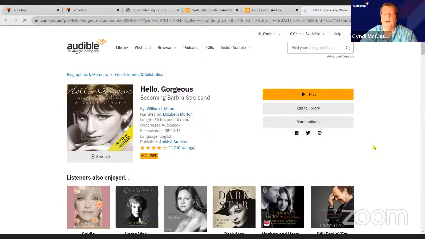Now, I can start listening to it right here on the computer. And if I want to do that, I just click right here. Let me give you a little bit of how they start off. There are different people that read all of these books. A lot of people follow certain narrators. They like the way these certain people read, their reading style, and so they'll follow them. So if I play it,